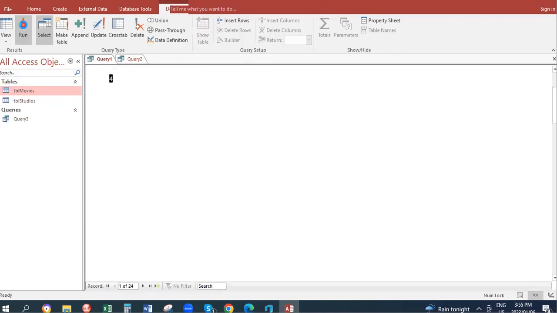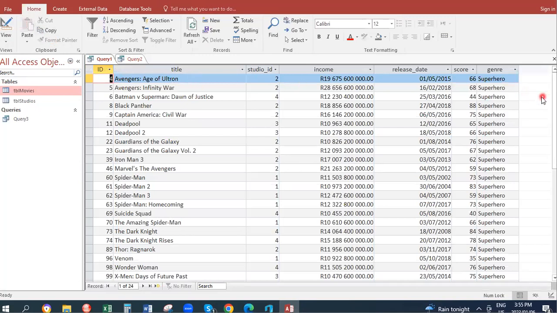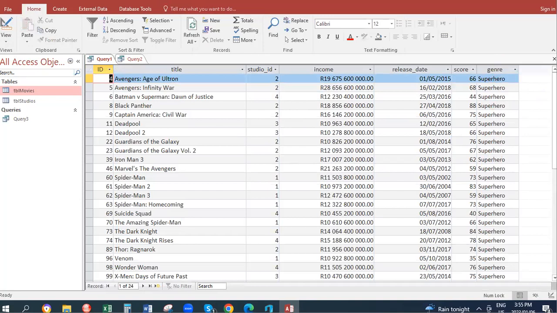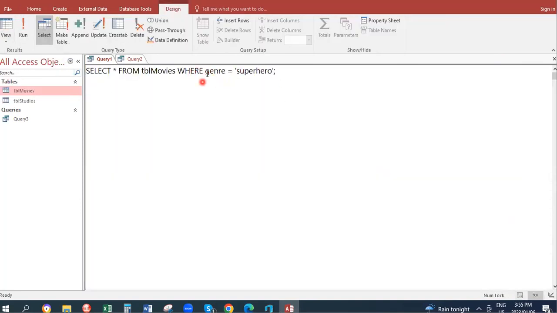So if we run that, we only have the superhero genre shown, nothing else, just superhero. So that's where we base a condition. You can have more than one condition. You can have genre, a superhero, and